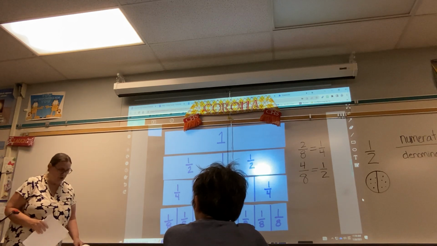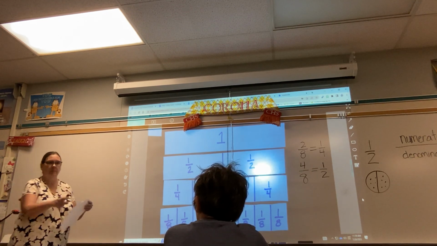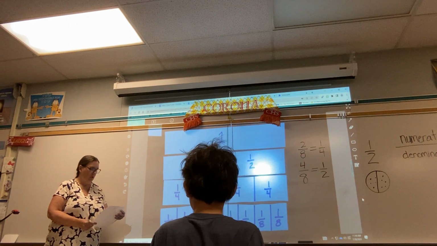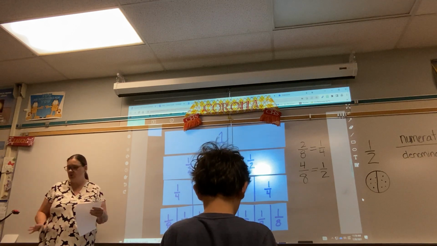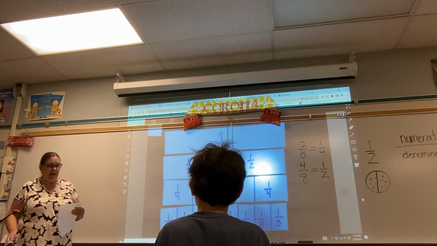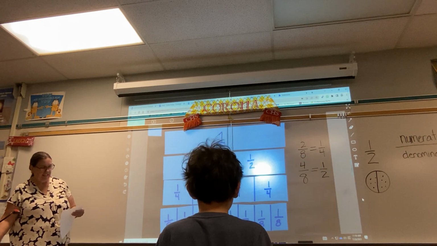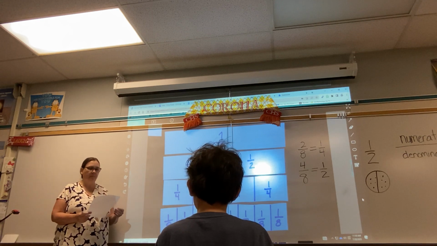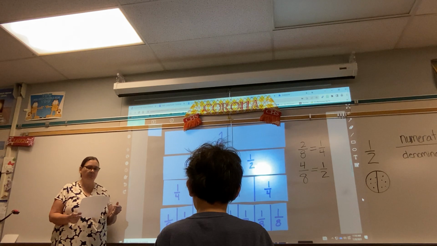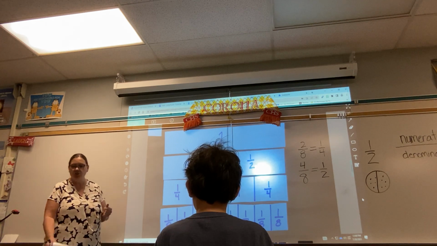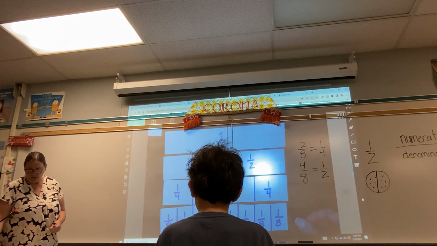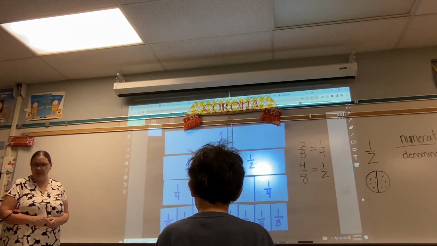Okay, so on your second sheet on your assignment, we've already done the first part, right? We're using the strips to represent halves, 4ths and 8ths. You're going to write down, what do you notice about the number of parts or size of the parts? You're going to make 2 observations. So we kind of talked about what is happening here, right? So what were some of the things we mentioned? We mentioned that as the denominator gets larger,